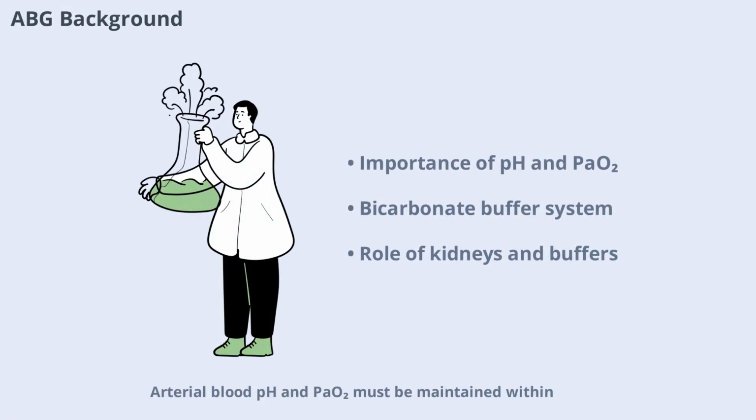on patient care. Arterial blood pH and PaO2 must be maintained within narrow physiologic ranges to ensure proper function of enzymes, cells, and organs. ABG samples provide key information about acid-base status and oxygen and carbon dioxide levels. The bicarbonate buffer system is central to maintaining acid-base balance, and its chemical constituents reflect the function of other blood buffers and the kidneys. Understanding the background of ABG analysis is essential for interpreting results and recognizing the interplay between